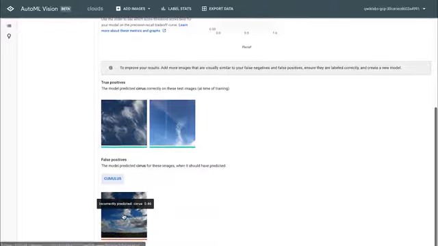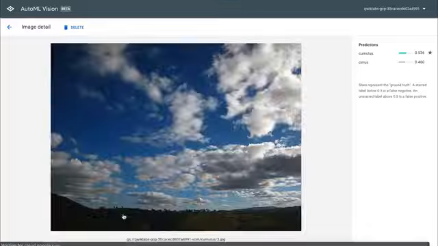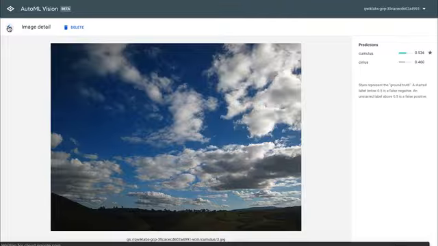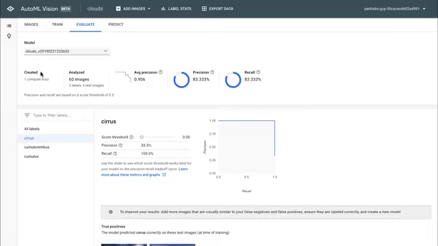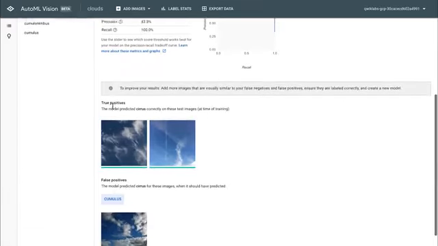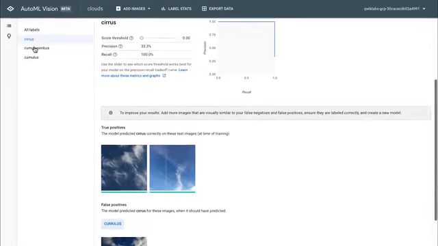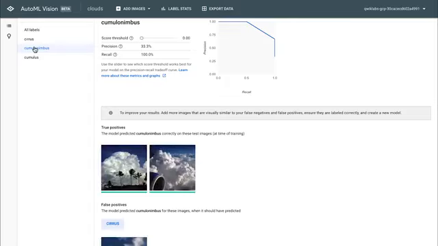We can also look at the false positives, images that were considered cirrus but aren't in fact. This is an example of a cumulus. We can also do the same thing for other classes.